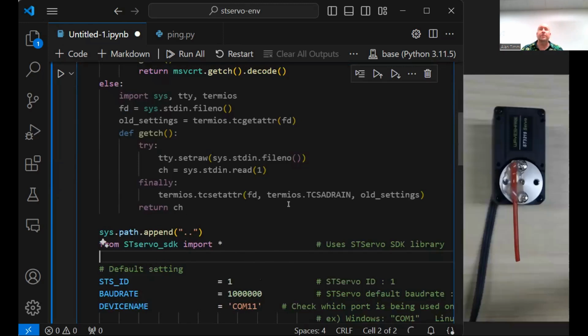All right, so there's a lot of boilerplate code. I don't care about what most of it does. But this is kind of your hello world example, just to make sure things are set up correctly. Of course the servo doesn't move because we haven't told it to do anything. Let's look at another